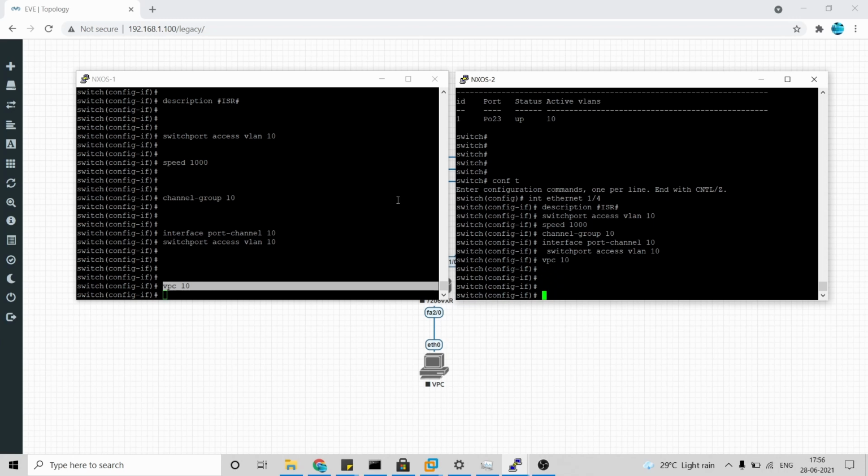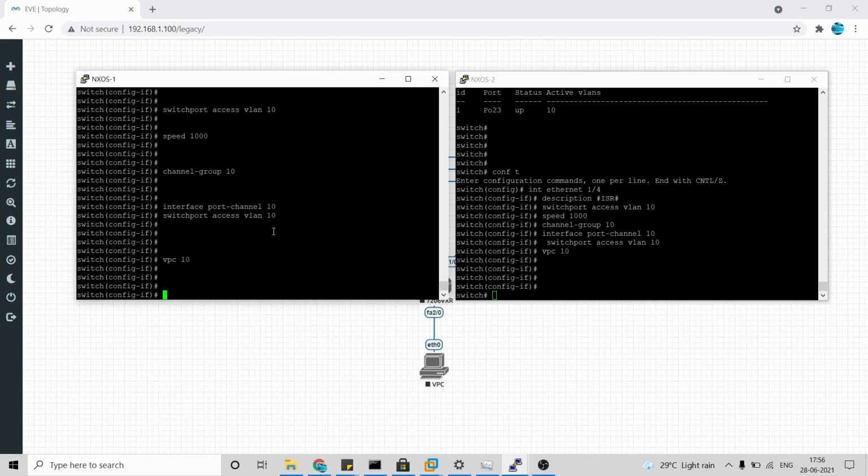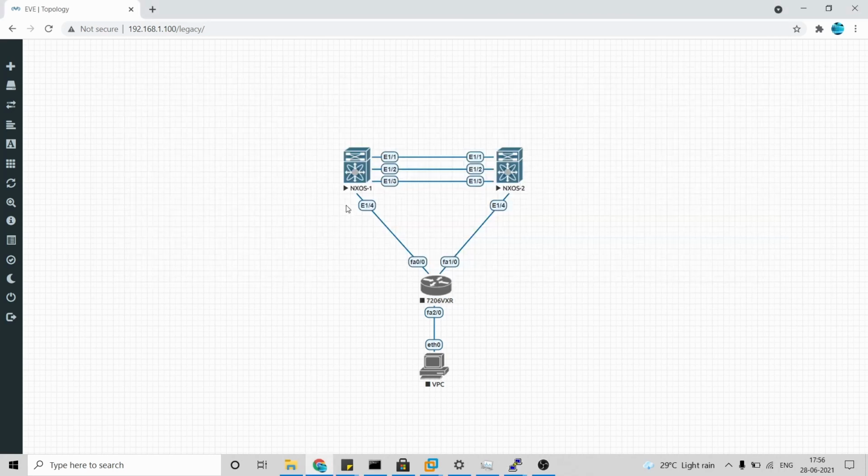Once this is done, a VPC bundling happens between these ports. So these two ports are actually working as a port channel. Here we see the channel group and VPC as 10, and again here the VPC is 10. So this is a VPC port.